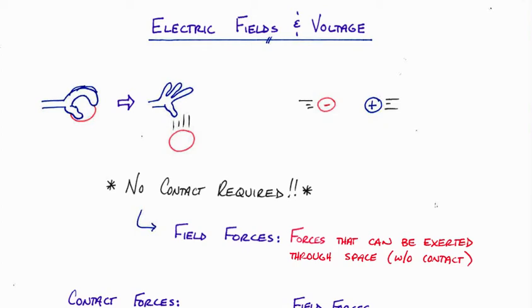Understanding electric fields, and more specifically this term called voltage, is probably one of the most abstract and hardest things to understand we're going to look at all year. So I'm going to try and walk you through what each one is individually and then try and show you how they're connected. So the first thing to understand is if I took a ball and I dropped it, obviously